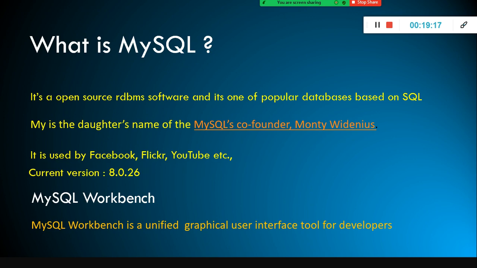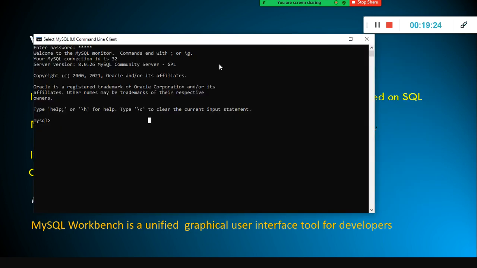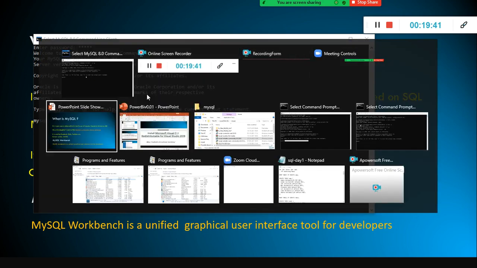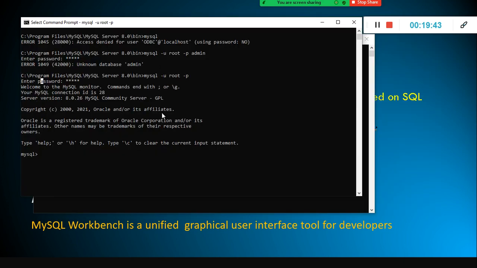Okay, but Shell, why do I need to use Shell? The one I showed you here, this is the Shell. Everything you cannot do in the GUI. Certain things, if you want to do some kind of automation, you need to use the Shell. The command line thing, the MySQL command line client. So ideally you all should be able to connect like this.